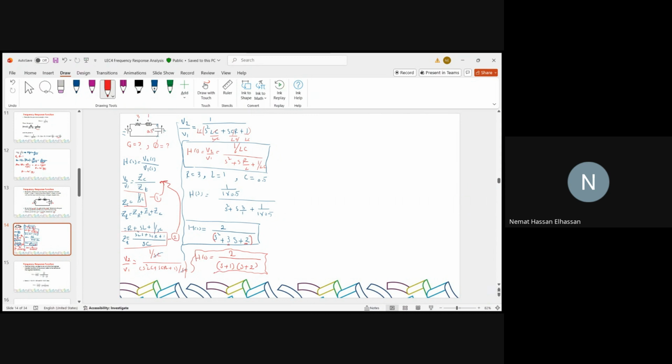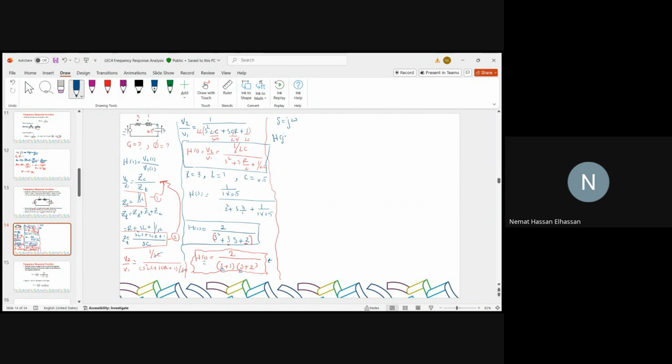But if you choose to opt out of it, you will still end up with the same result. So now we've done with establishing H of S. From there, I'm going to replace every S by S equals J omega so that I can convert the Laplace transform function here into the frequency response